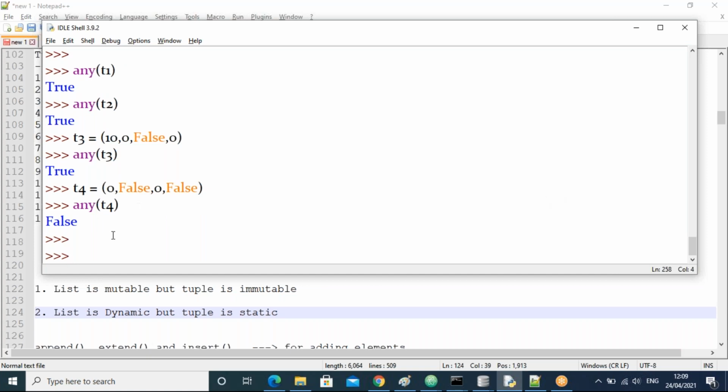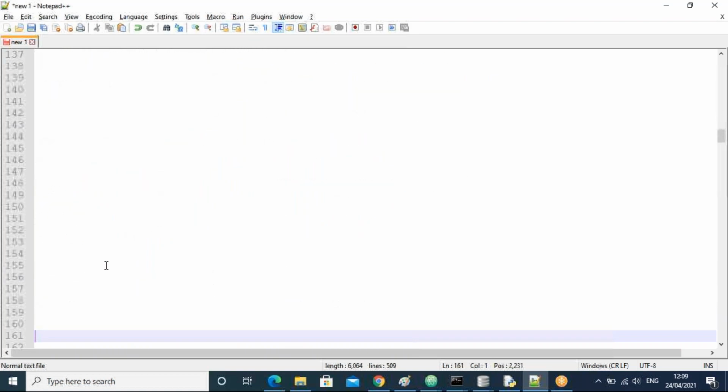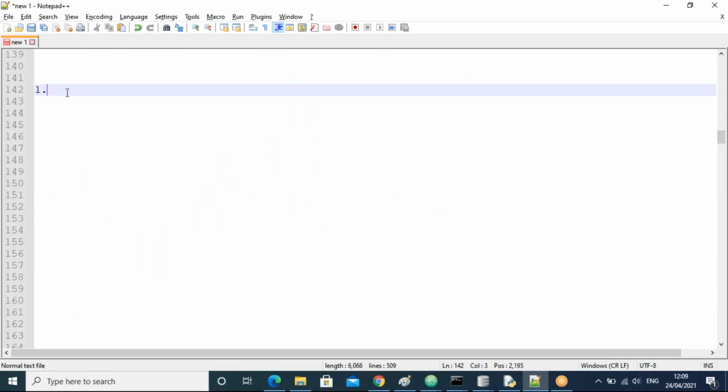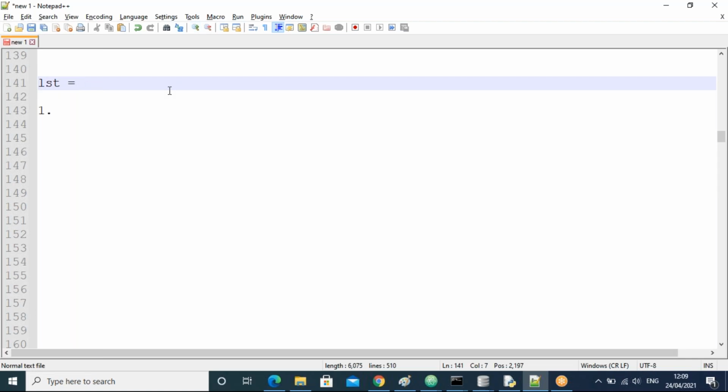So guys, these are about the tuple. And I'm giving one example, one question to you. You try that question. All of you observe here. Suppose one list is there. In the list we have some elements, integer values only. I take some elements without any order. I'm not following any order, no ascending, no descending.